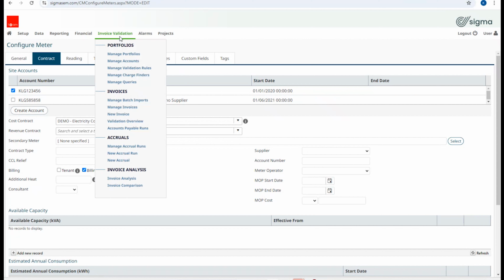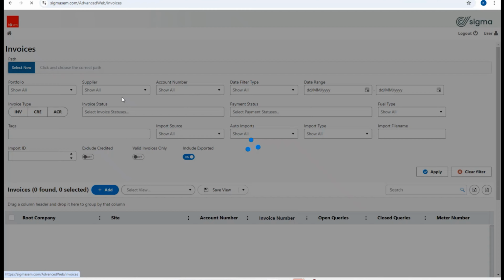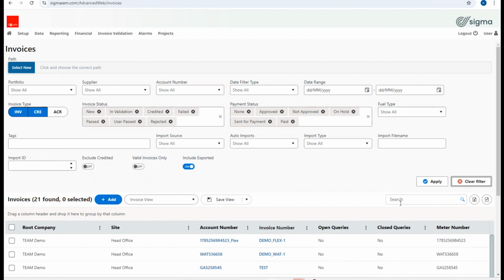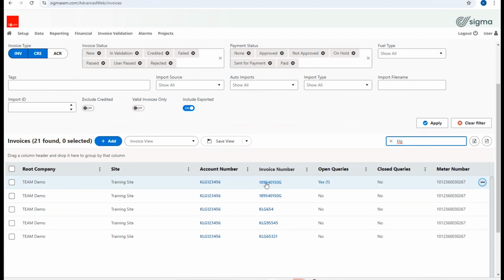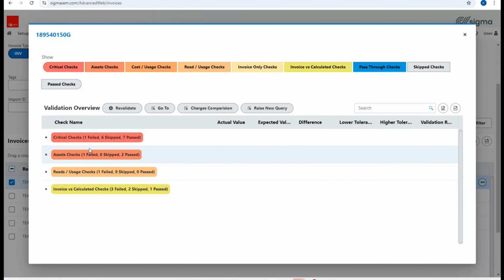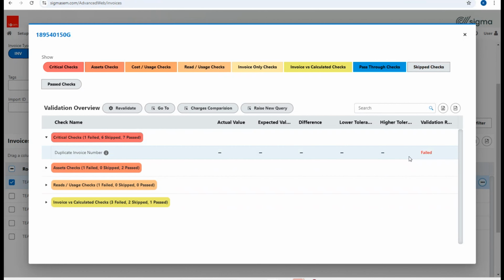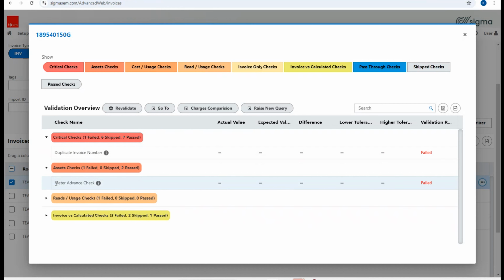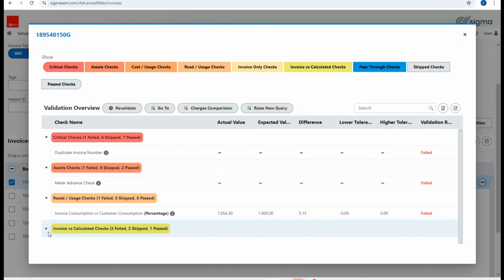So let's have a look at an invoice. If I go to the invoice validation menu, down to manage invoices, again, I'll clear and search for KLG. And I'm going to have a look at this invoice here. So if I right click and view the validation overview, this will show me how this invoice did against its validation. So it's showing me it's failed on a duplicate invoice number, and it's failed here on a meter advance check, and then a consumption percentage,